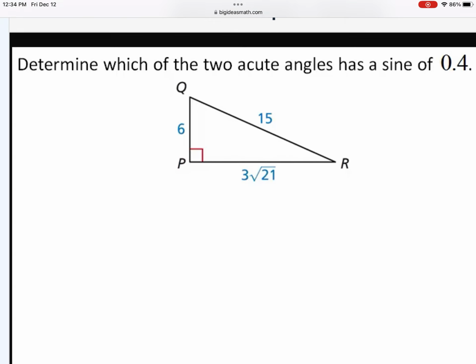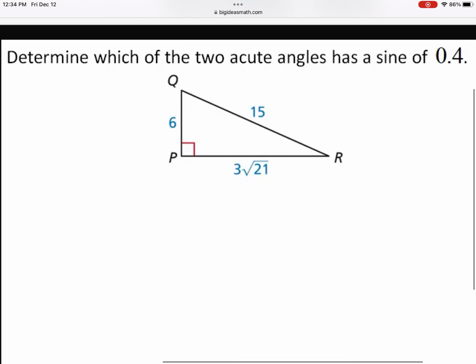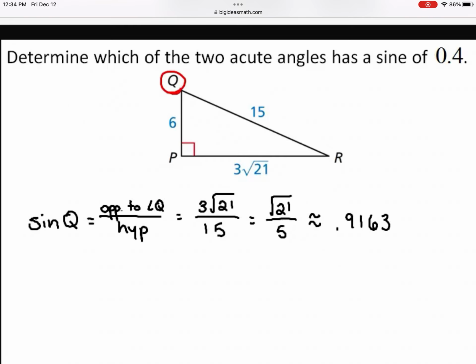Determine which of the two acute angles has a sine of 4/10. So find the sine of angle Q and the sine of angle R. The sine of angle Q is equal to the length of the opposite side to angle Q divided by the hypotenuse, which equals the quantity 3 times the square root of 21 divided by 15, or the square root of 21 divided by 5, which is approximately